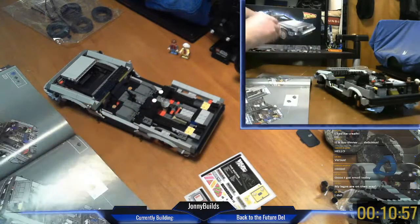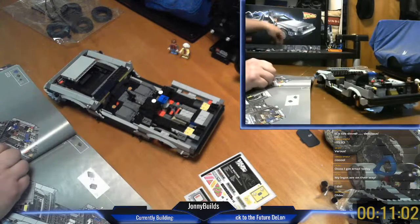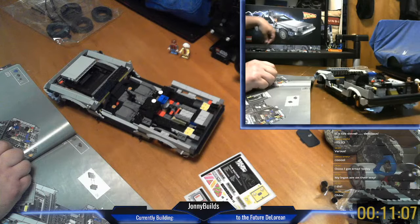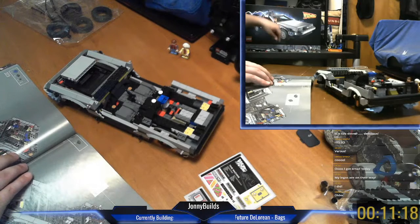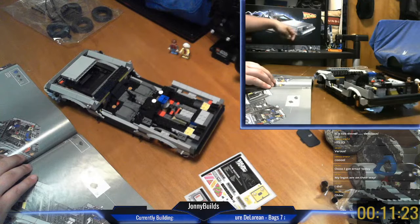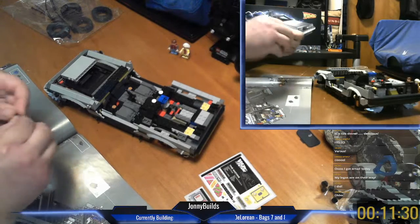I saw some people in some reviews of this say that while it was cool to have the flux capacitor light up, they think it could be sacrificed to allow for some other things. And to that I say, you guys suck. I think it's awesome that he lights up. So I think it's awesome. I didn't even realize it till I actually looked at the box, and it was like, oh,